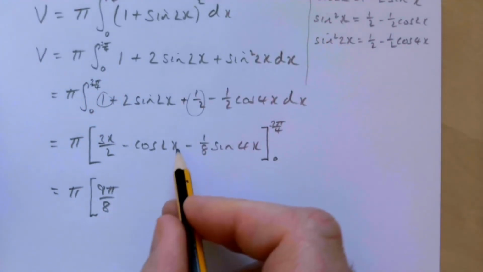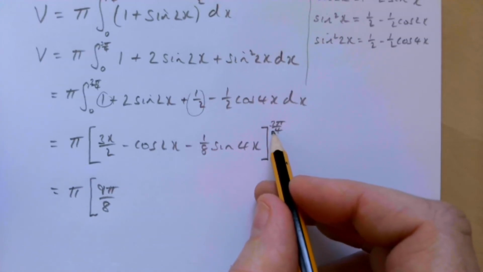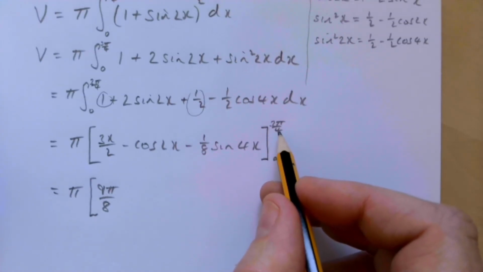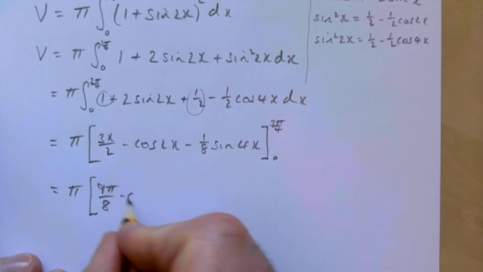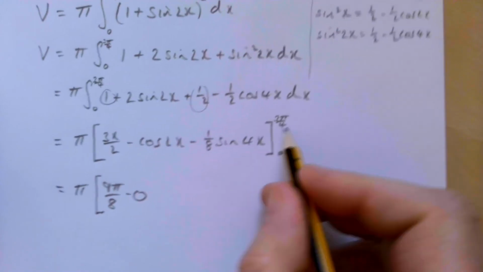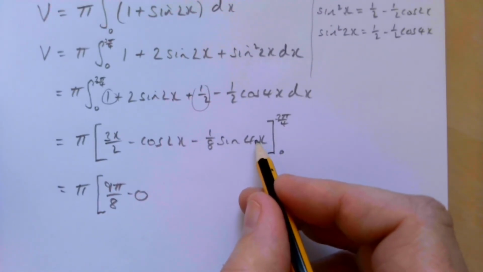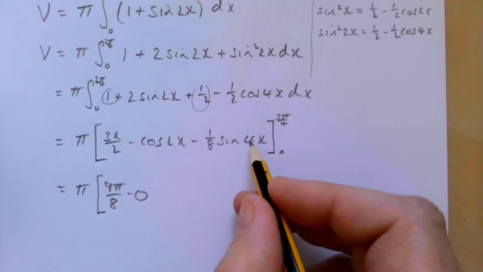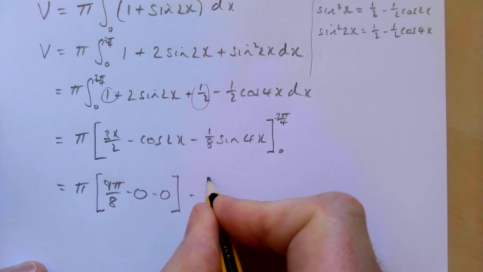Cos of 2 times 3 pi over 4, so that's 6 pi over 4, and that's cos then of 3 pi over 2, which is the same as 6 pi over 4, and that gives us 0. Sine of 4 times that, so that's going to be sine of 3 pi. Sine of 3 pi is just 0 as well. Think about the graph of sine. Take away